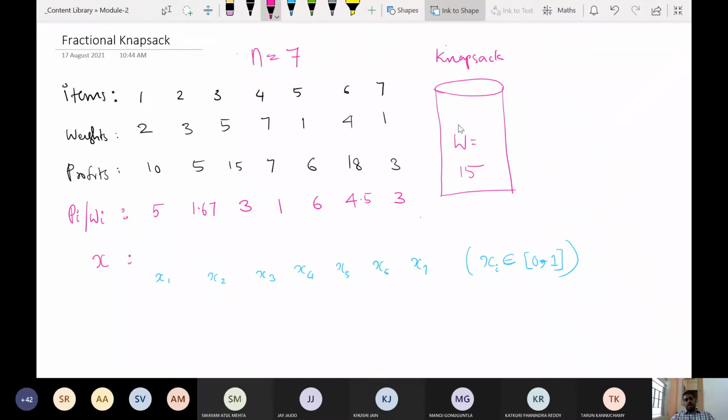But if I tell you another idea, like if you choose the least weight item, what will happen? If you choose the least weight item, I can have more and more items put in the container, which will in turn give me high profit. This is another idea. This idea is also good because you choose the least weight item so that you can fill more and more items in the container. If more and more items are in the container, then you will have more and more profit. This is my argument. So your argument is also correct. My argument is also correct.